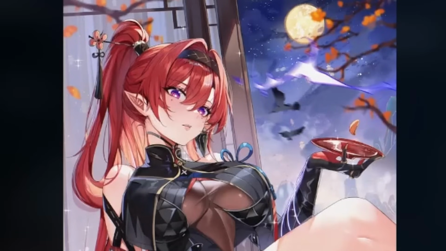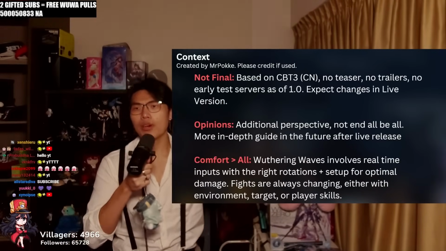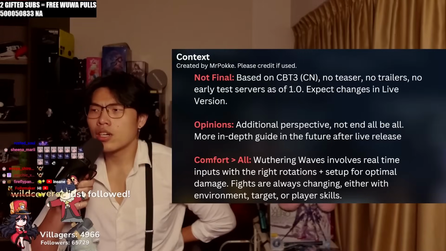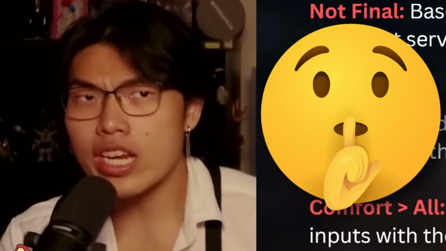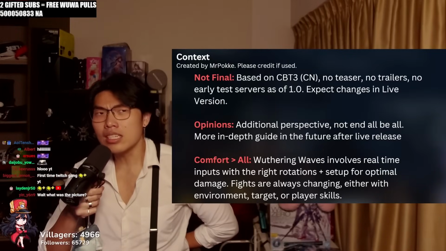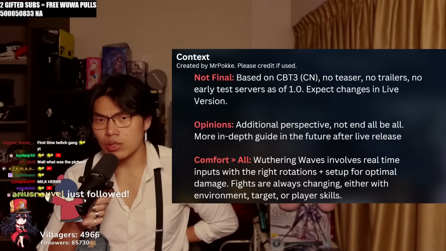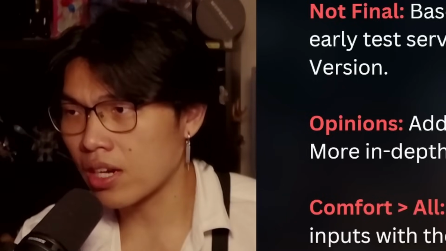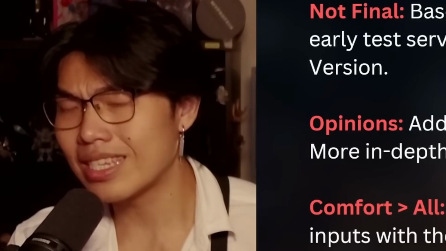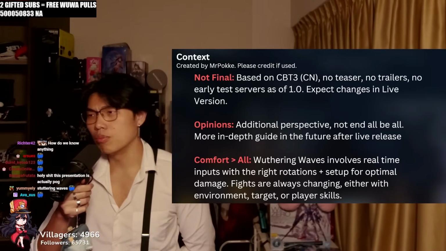Alright, so Yinlin. This is gonna be a little bit strange compared to Honkai Star Rail, because for Wuthering Waves, there hasn't been a test server and there haven't been any teasers, at least from the official site, regarding any changes or updates to Yinlin's live version kit. So everything that you guys are going to be seeing here is mainly taken from the CBT tree. Keep in mind that it will probably be subject to change by a little bit,